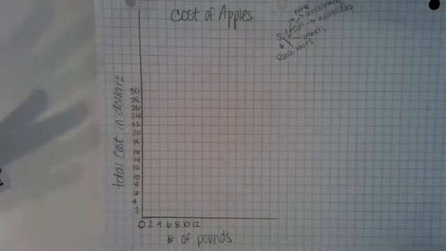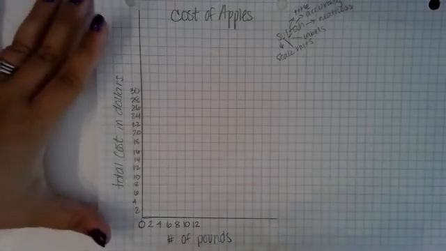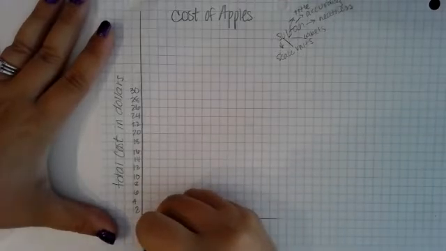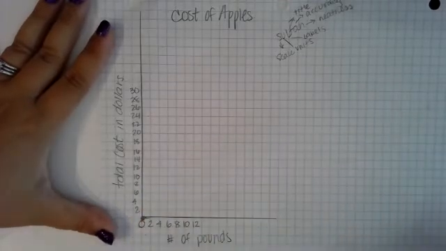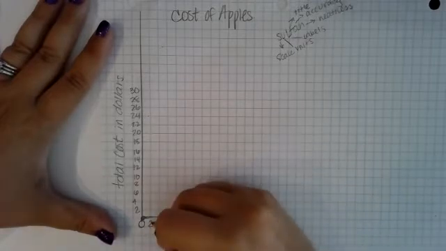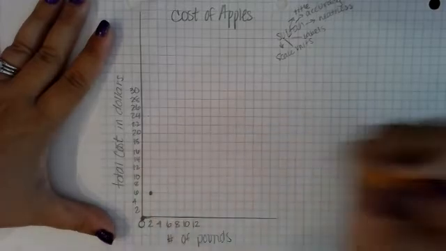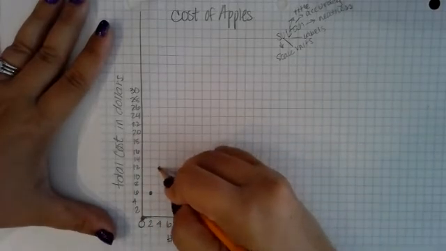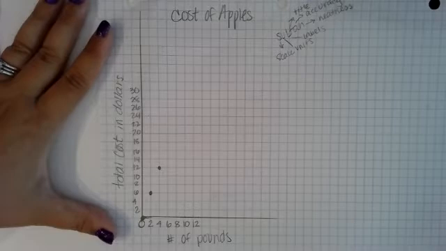And when I do so, my first point to plot is 0 pounds, 0 dollars spent. If I have 2 pounds, I have $6 spent. If I had 4 pounds, I have $12 spent. This is my first line here,